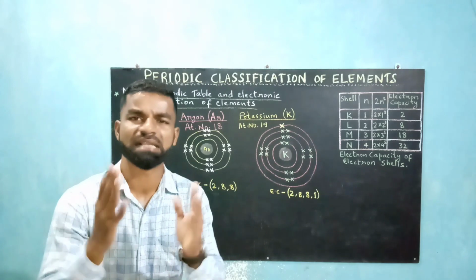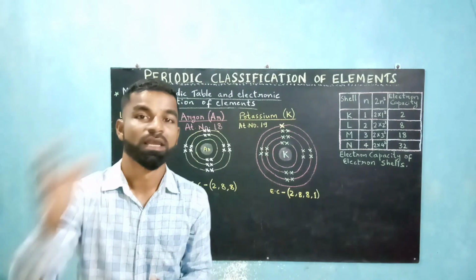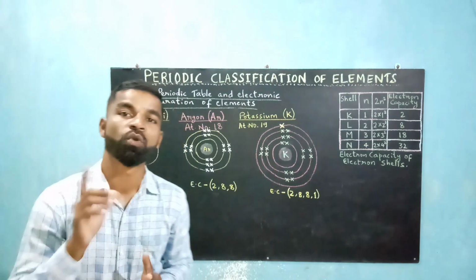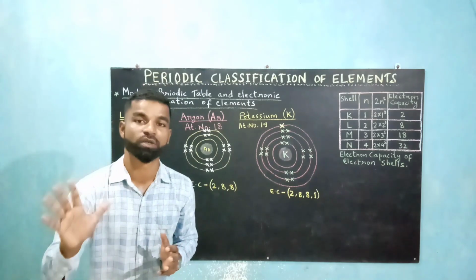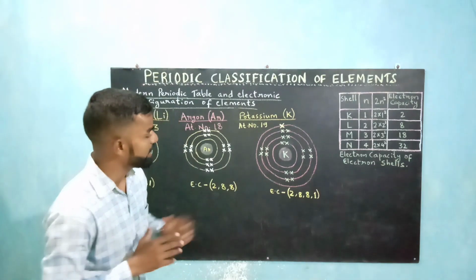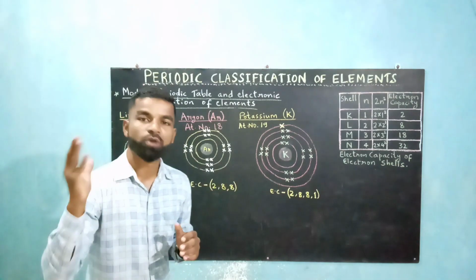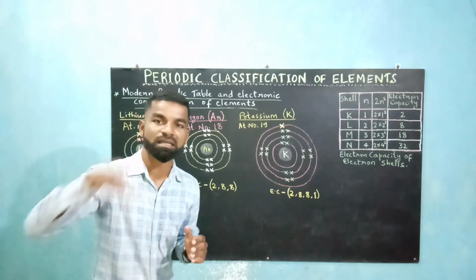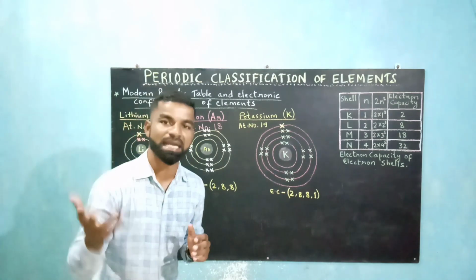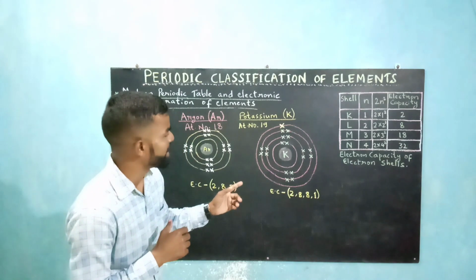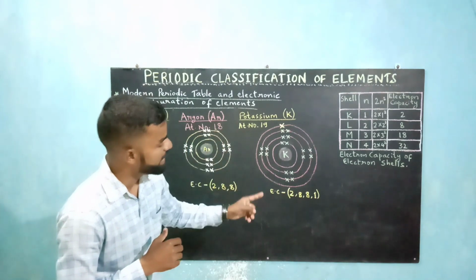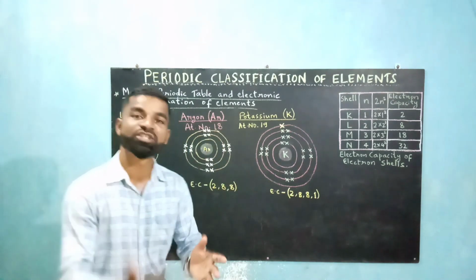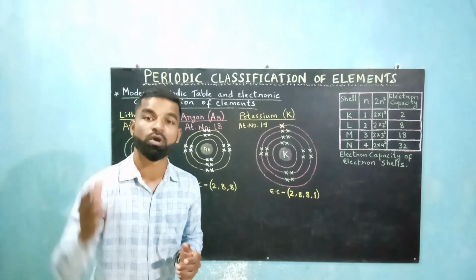It might be the third shell, second shell, fourth shell, any shell. If it is the valence shell, then it can hold only 8 electrons maximum. So that is why it is not written as 2, 8, 9, because if there are 9 in the last shell, then it will be more than 8. So the electronic configuration of potassium is 2, 8, 8, 1. For calcium it is 2, 8, 8, 2.